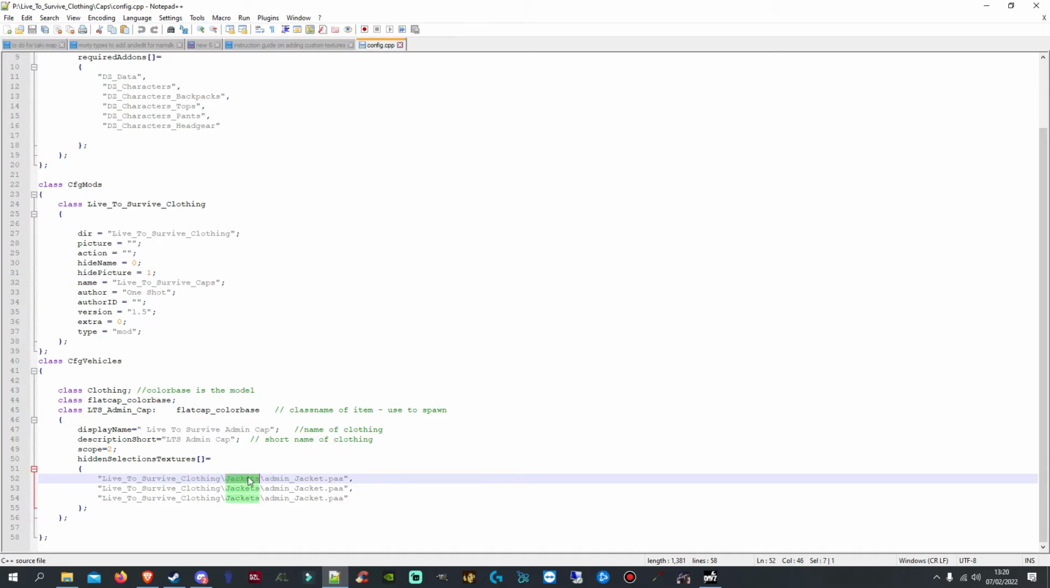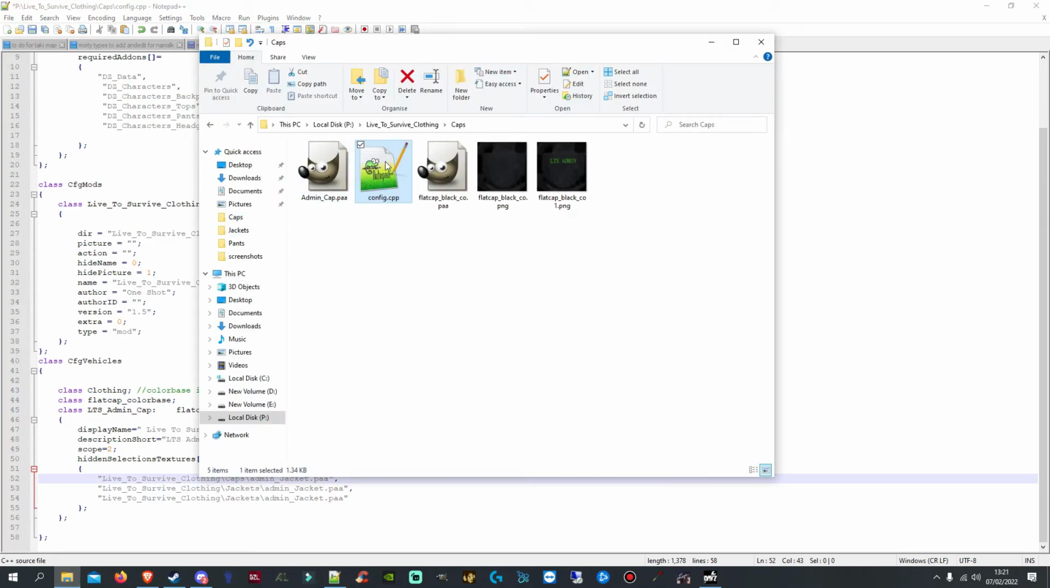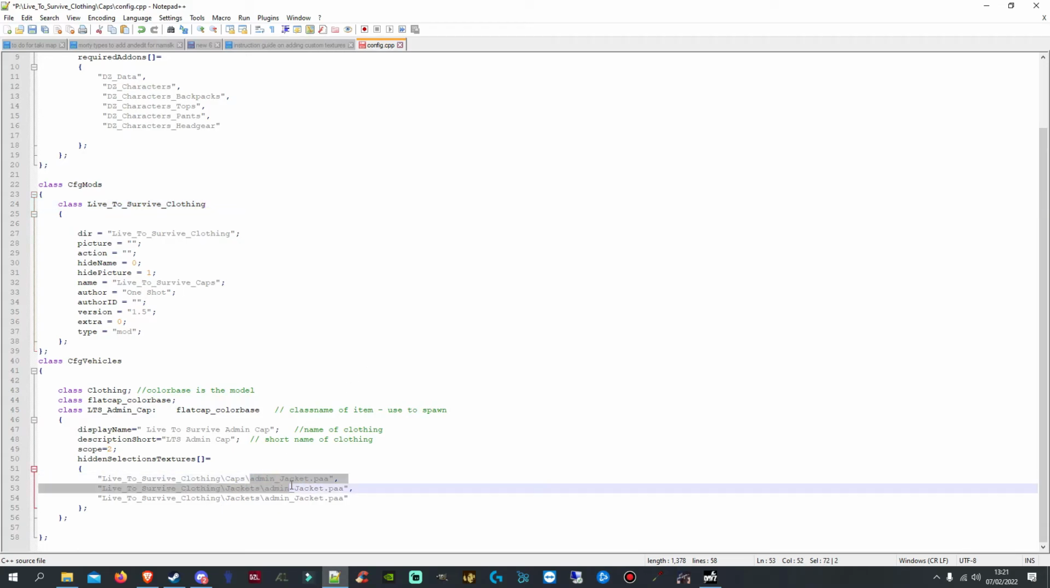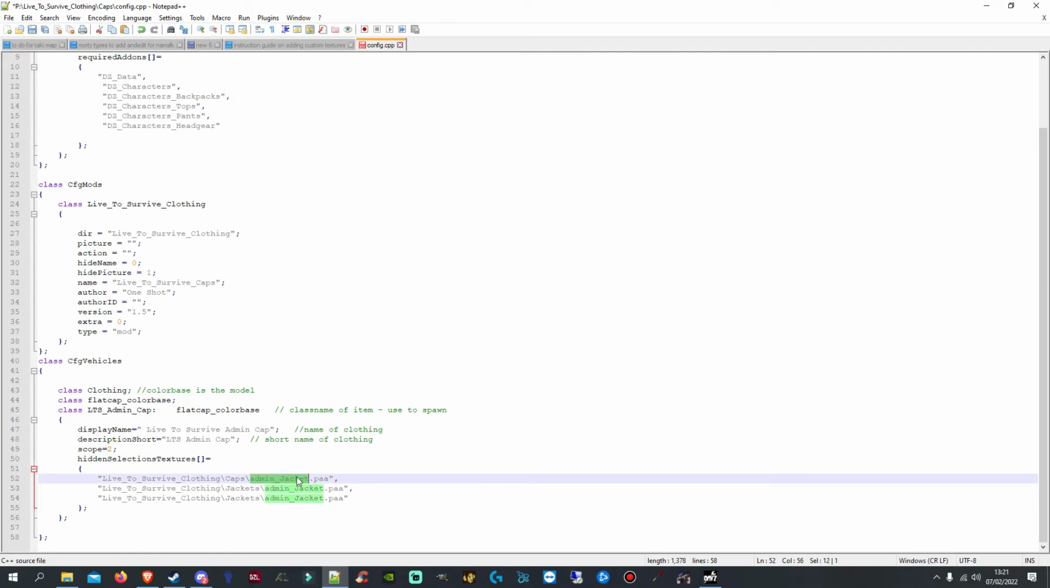So we're not doing jackets, we're actually doing caps. And let me just make sure I did use a capital C, and we did. I like to use case sensitive just to make sure you're not going to have any issues. And then here was admin cap, and we actually use capital A for admin on this one. So we use admin_cap and it's .paa,